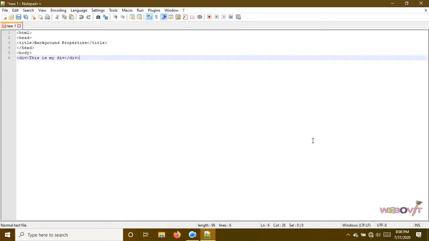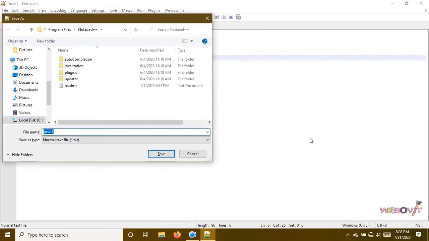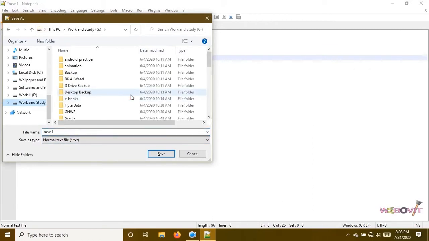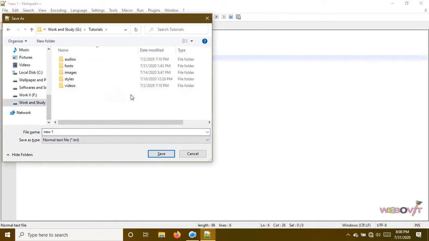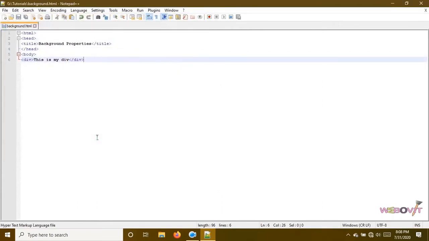I want to implement background color to this div using CSS. So what I will do, first we will save this file. Background.html is the name of the file. We will see the preview of this file first.